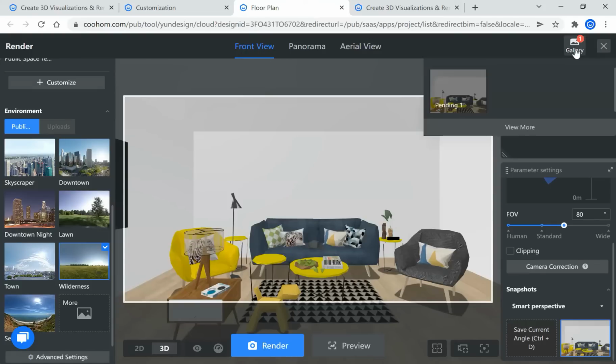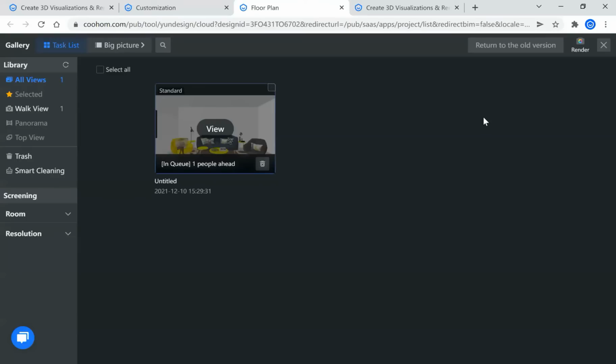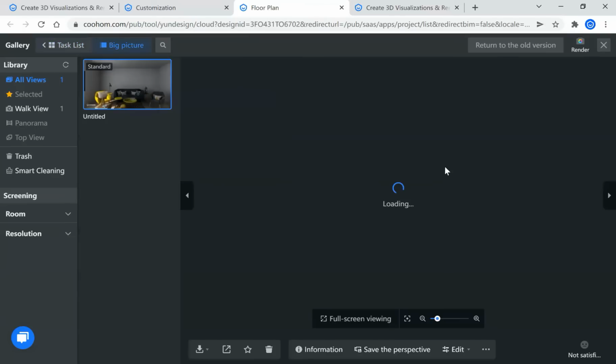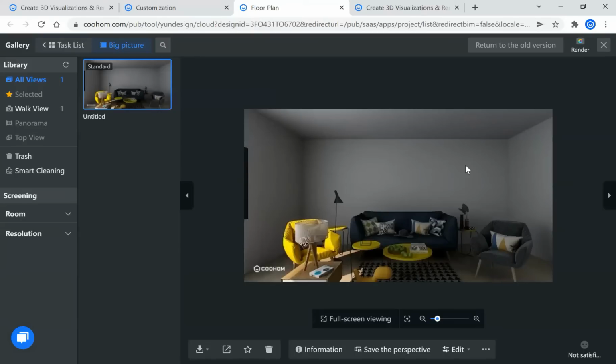Okay, I think we can go to check. The rendering is still in queue, so we would wait another minute. Usually it will be done in seconds. Oh, it's done. Okay, so here you can see what I rendered. It's standard rendering, and I'm not putting actually lights, and I'm not having the correct windows here, but generally you can see this